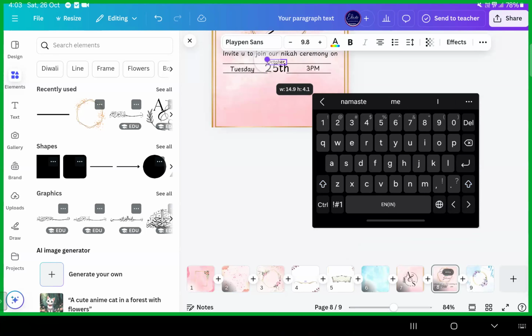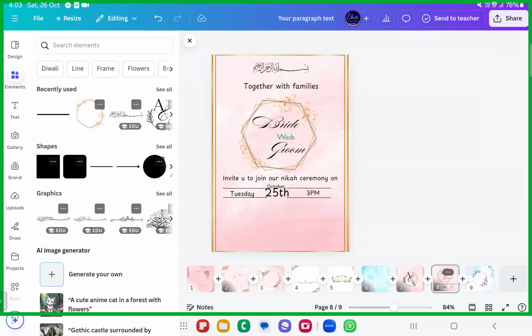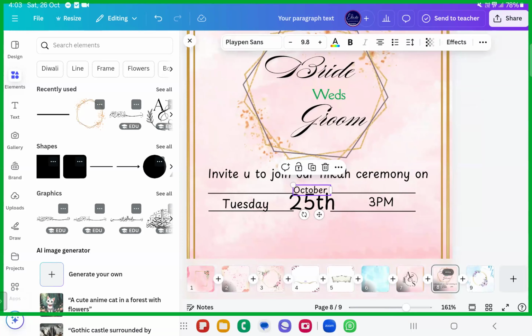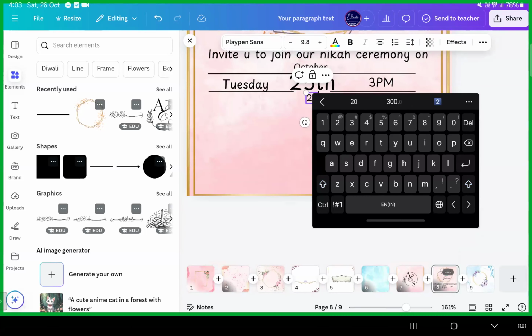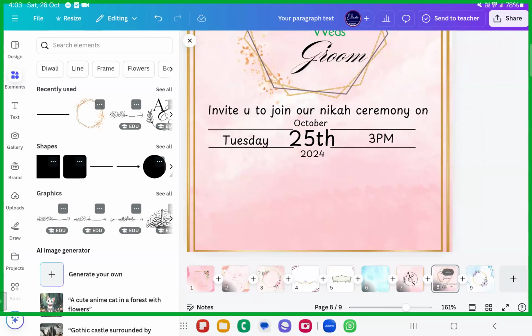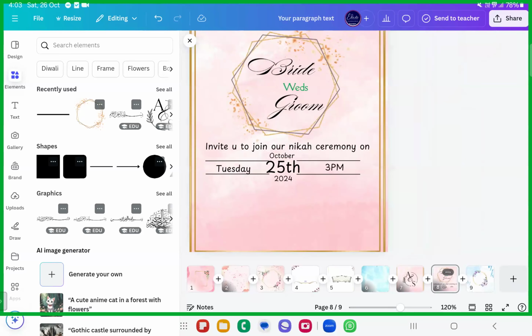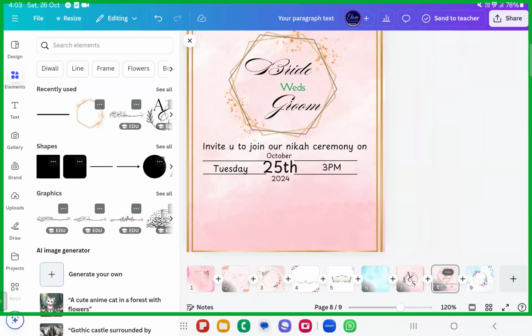October, bigger one if you want. Make it smaller, and place it perfectly above it. Also duplicate it if you want to even write the year 2024. So this way you can make your own day or date symbols.